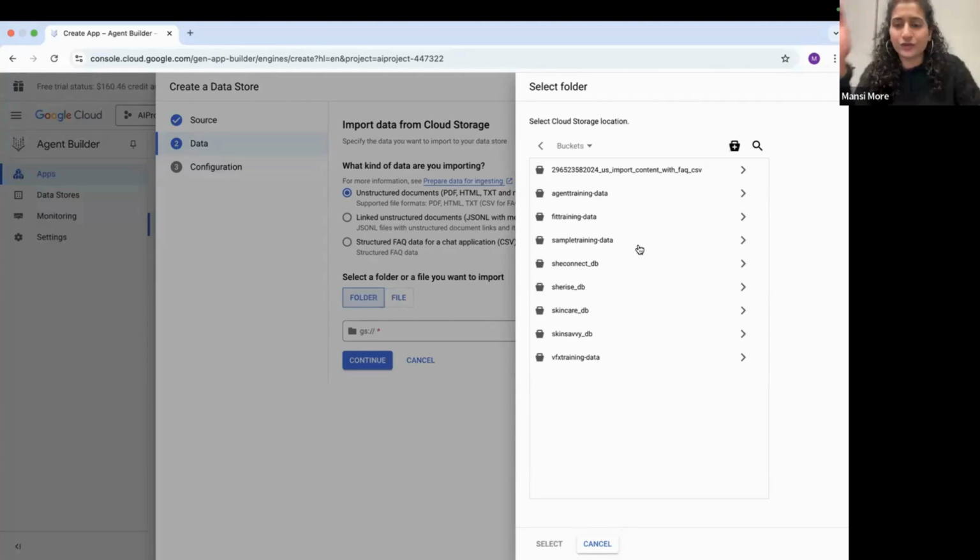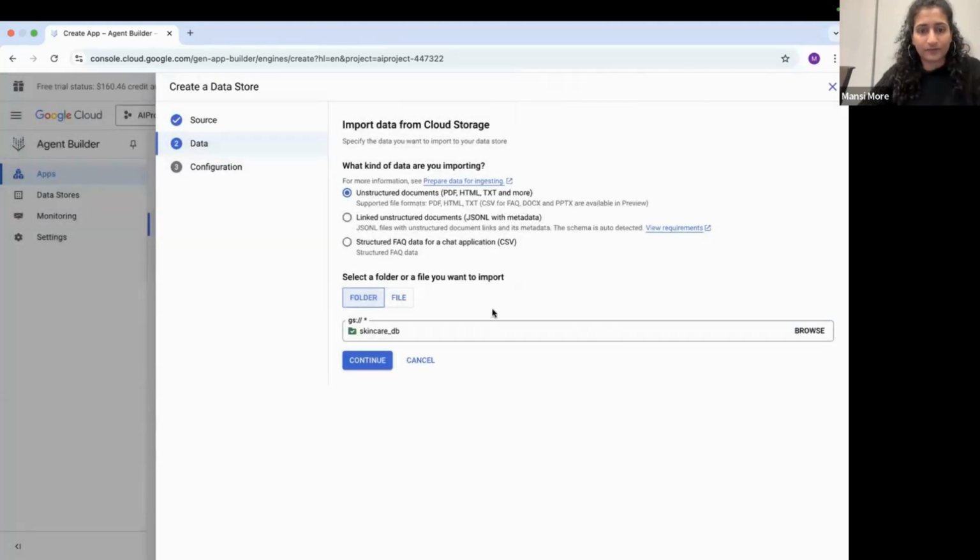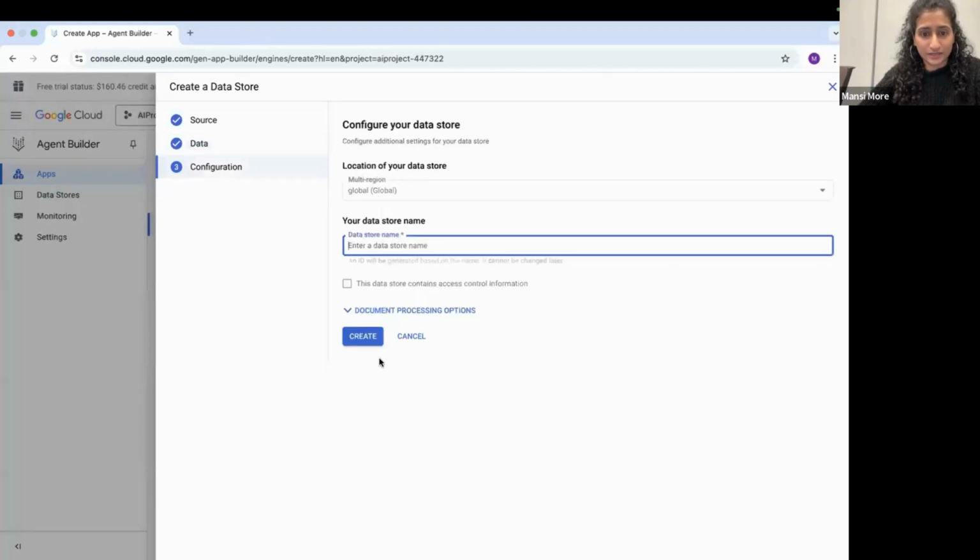Sure. So if you haven't seen the bucket store or any name here, which means you haven't created the data store, you can go and create a bucket. You can put your training data in that bucket, and you can see the names of the data sets. So I created skincare DB. I'm gonna select that and continue.